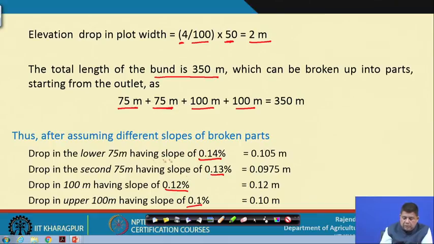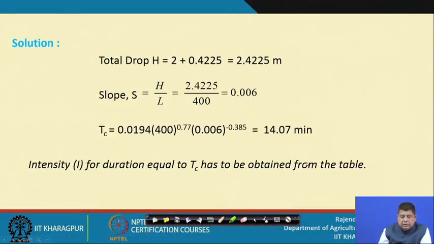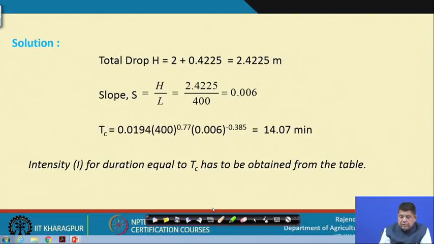So, the lower 75 has 0.14%, the second 75 is 0.13, drop 100 meter is 20, and upper one has 0.1%. So, for each we can calculate the slope value, because length is known, slope percent is known. So, slope length we can find out, and thus over the channel the total drop comes out to be 0.4225 meters, and the total drop comes out to be 2 plus this, that is 2.4225 meters, and that means